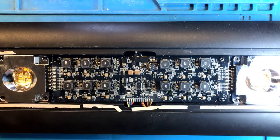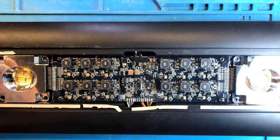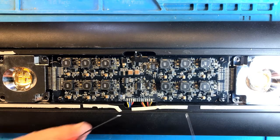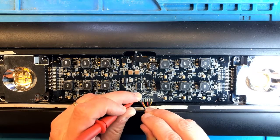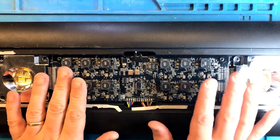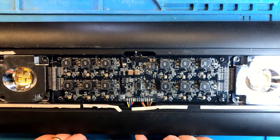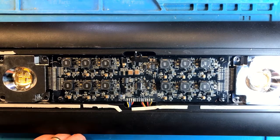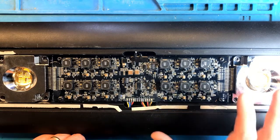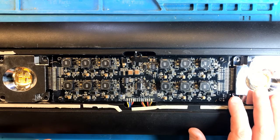But this is by far not the last problem. So now we have 13 volts input at the next voltage regulator. I'm going to test it once again right at where the pin is, and my multimeter is showing 13 volts. So this is good news. The next step is going to be installing the voltage regulator. So I'm going to get under the microscope. We'll have to put an effort to fix it because it welded itself previously onto the board, and